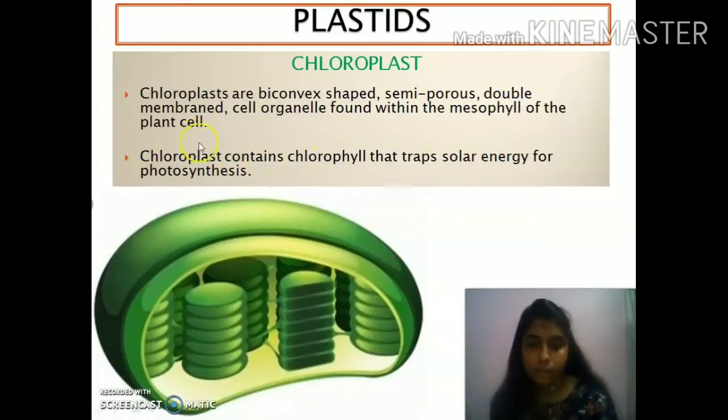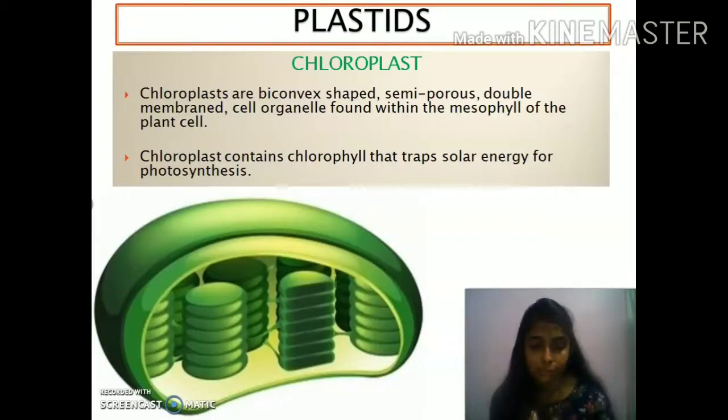They are mainly found in the mesophyll tissue of the plant cell. Okay, and chloroplast contains a green pigment, already we have discussed it. Chloroplast contains a green pigment termed as chlorophyll, which helps to trap sunlight or solar energy, which in turn helps the plants prepare their own food through the process of photosynthesis. That means the main type of plastids is the chloroplast, which is the most abundant type found in the plants, and their main function is to synthesize glucose by the process of photosynthesis,